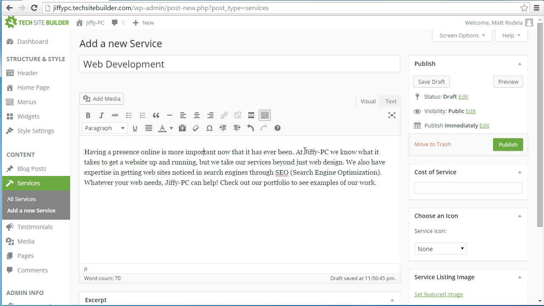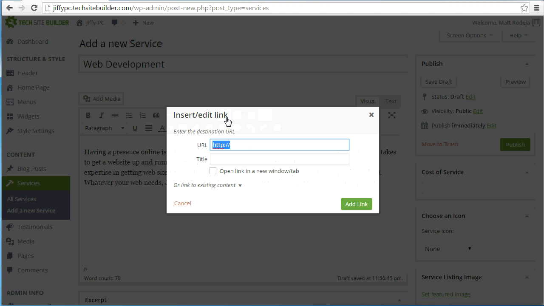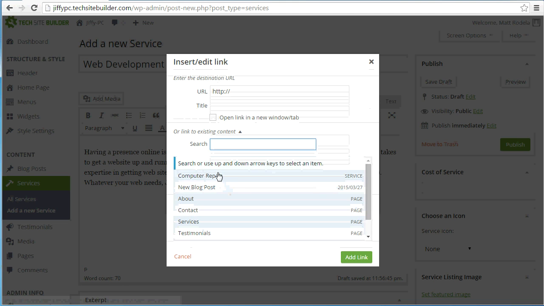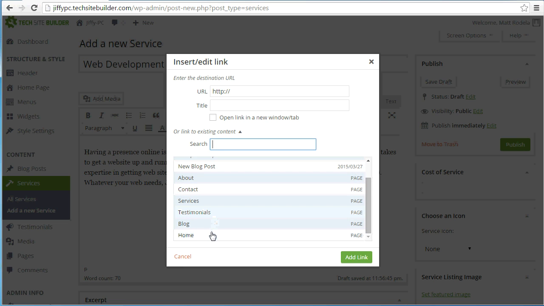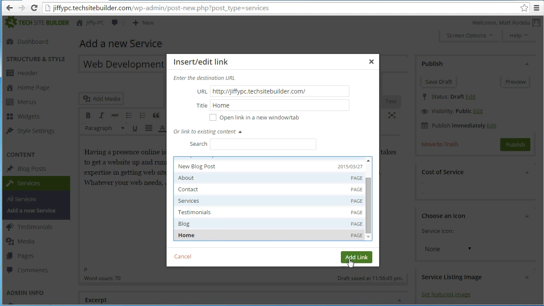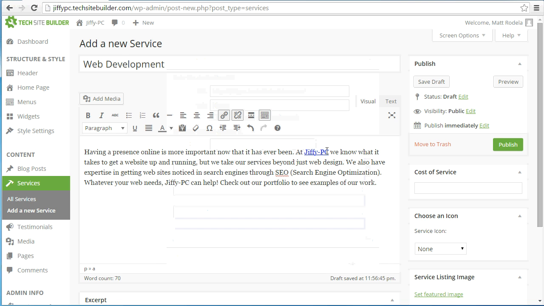So for example, if I wanted to link this word Jiffy PC back to my home page, I can highlight the word, click the link button, and then down here where it says link to existing content, I can click on that, and then it lists all of the pages and posts that exist on my site. So I can go ahead and choose the home page